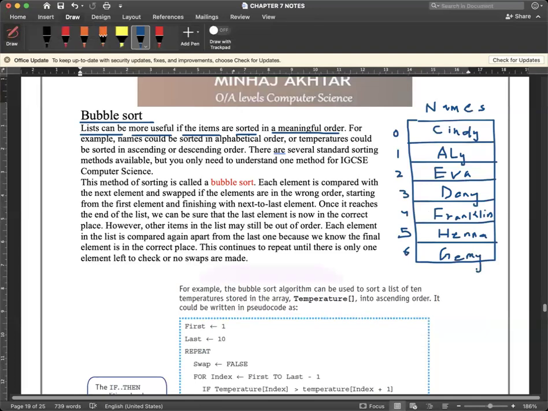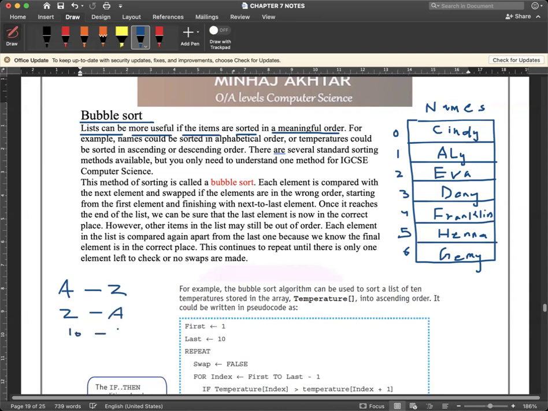How many total names do we have? 6. Count again. 7. Excellent. How many names do we have? 7 names. 7. What do you think? Are these names in ascending order? No. That is the question. That is called sorting. Sorting means the names or numbers are aligned in an alphabetical form, right? Yeah. In alphabetical form,